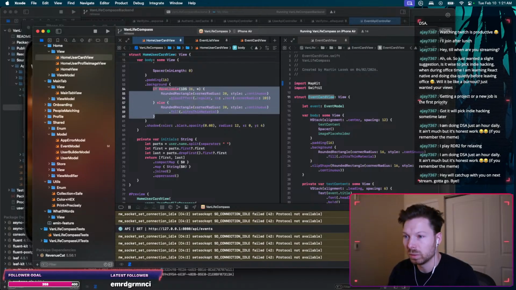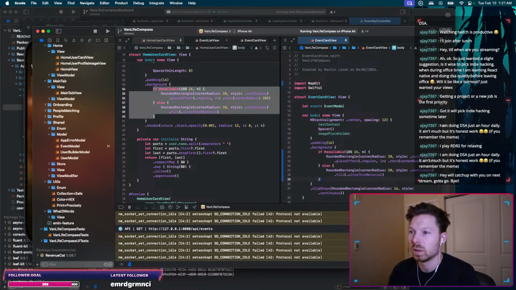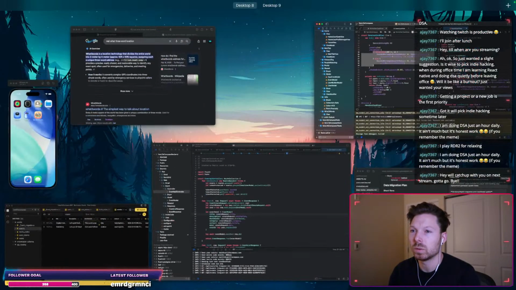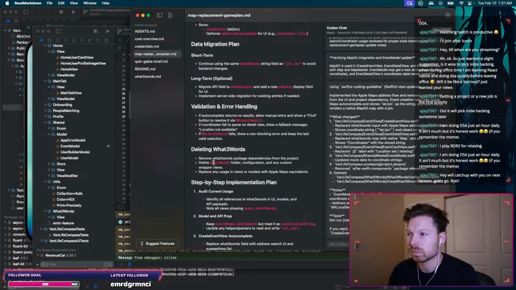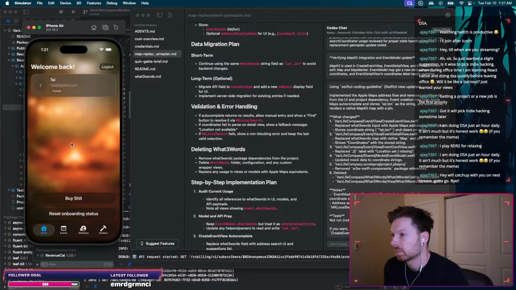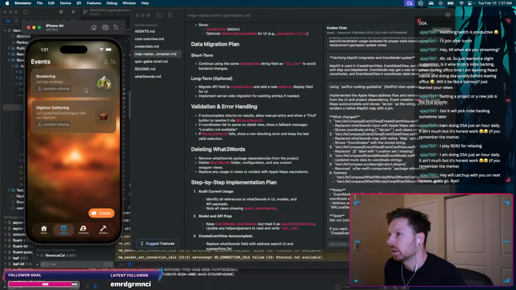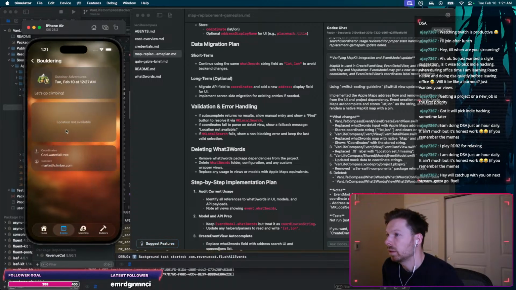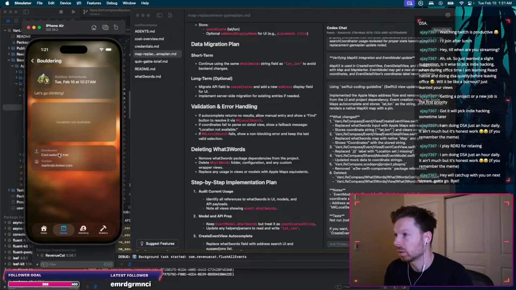So we should probably do this. And then, not sure if this is needed. Event card view. Are you done? Now we coincidentally are running as well. Okay, that looks now better because now that looks like glass. Going here, location not available. That is fine because the coordinates are not correct, but we can fix the